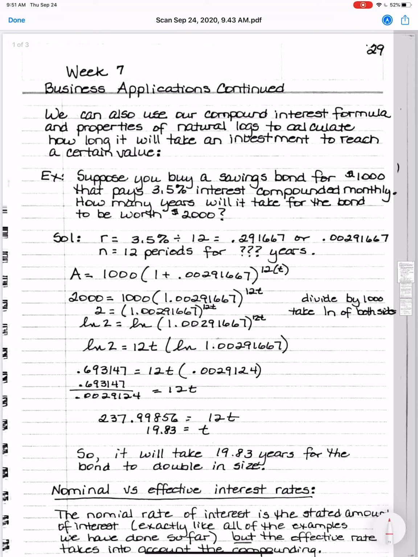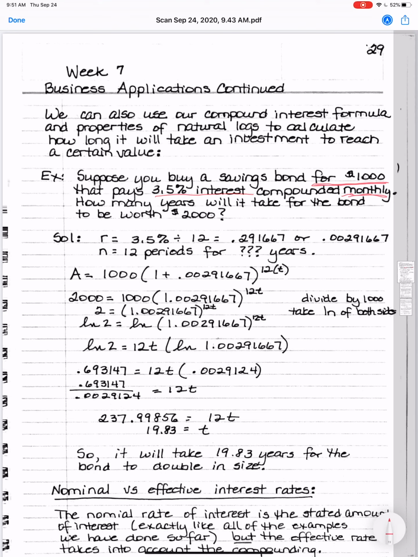We're going to make an investment, let's say $1,000 in a savings bond, that's going to pay 3.5% interest compounded monthly. And we're going to ask ourselves the question, how long is it going to take us to get to $2,000? Now, we did some similar problems with simple interest, but the reason we didn't talk about